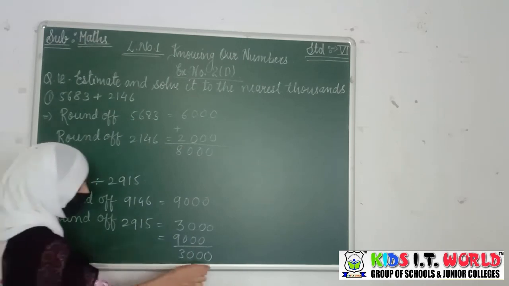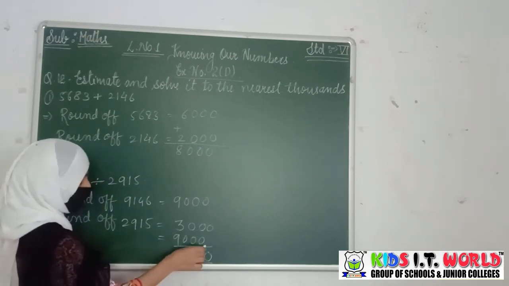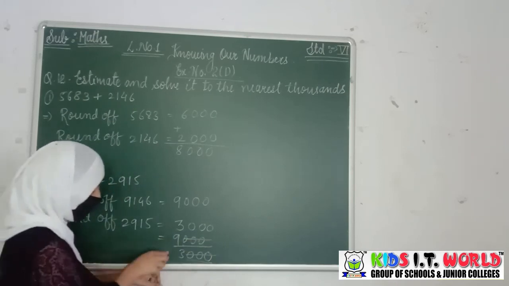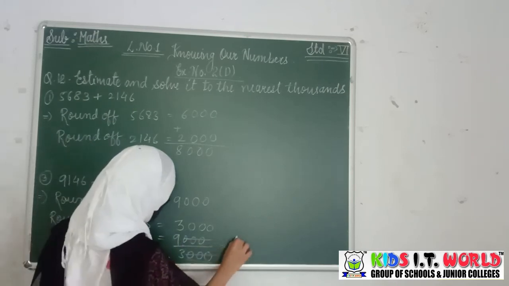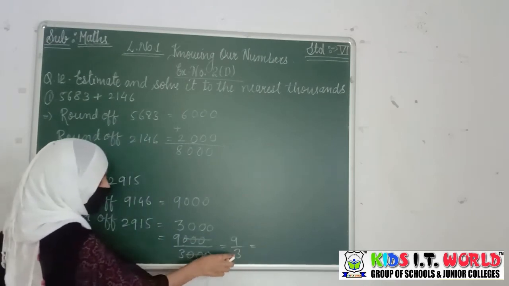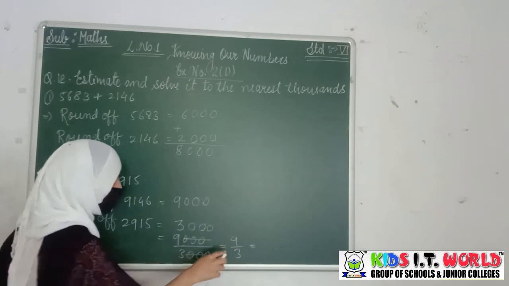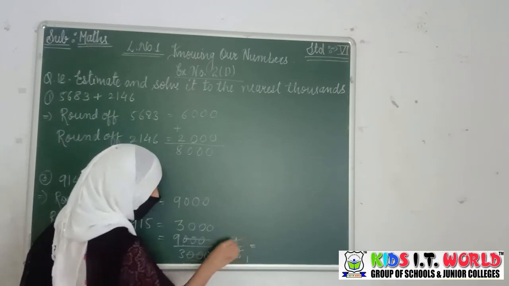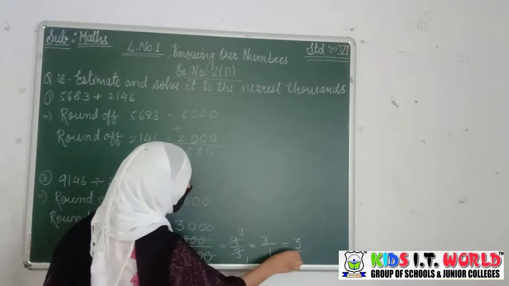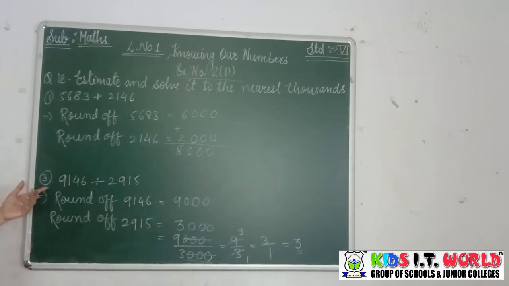So here we are having 30 in the denominator and 30 in the numerator, so we will cut it. Then what is left behind here is 9 by 3. So you can divide it, because in the 3's table there is a 9 on the third position. So 3 ones are 3 and 3 threes are 9. So you got 3 by 1, so your answer is 3. So the estimated sum by dividing the number and rounding off the number to the nearest thousands is 3. Here you got the value.